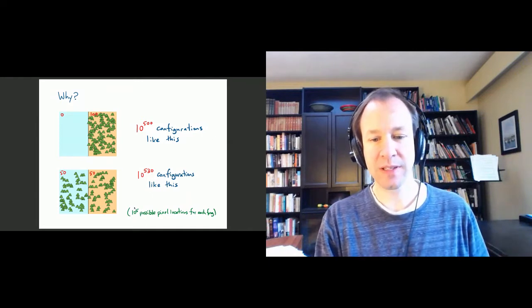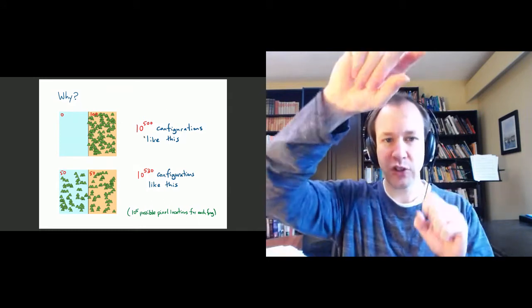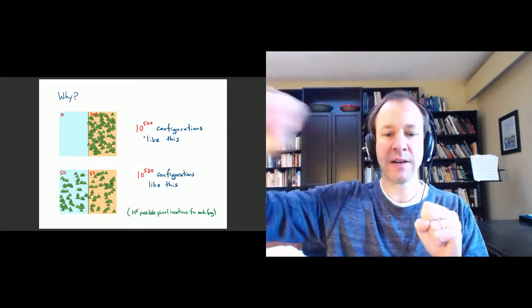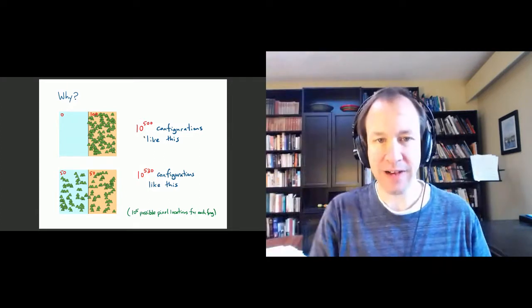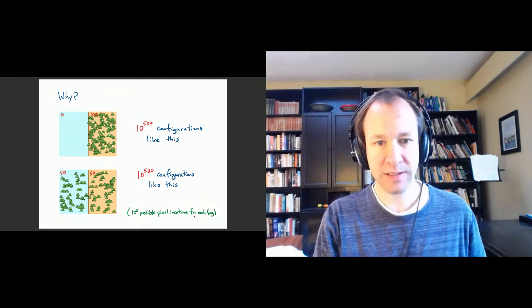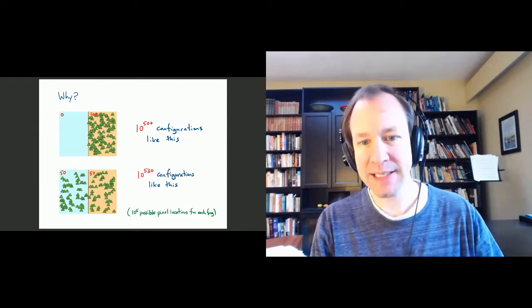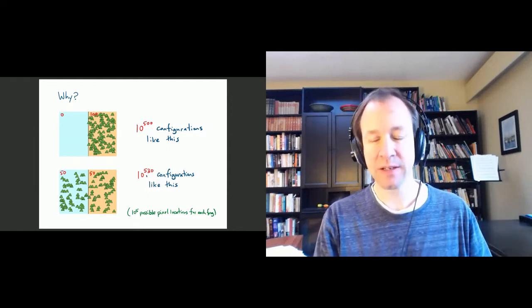That's assuming there are 10 to the 5 possible pixel locations for each frog. This number is just the number of ways of choosing 100 things out of 10 to the 5 possible locations. That's a huge number, but it's a tiny number compared to this other number here, which is the number of